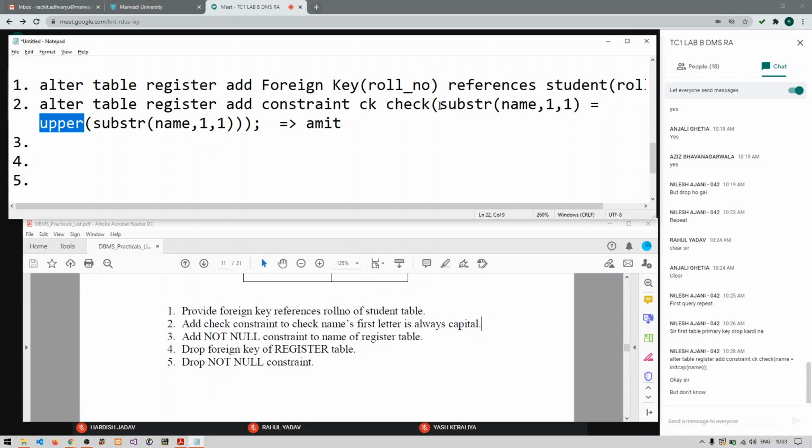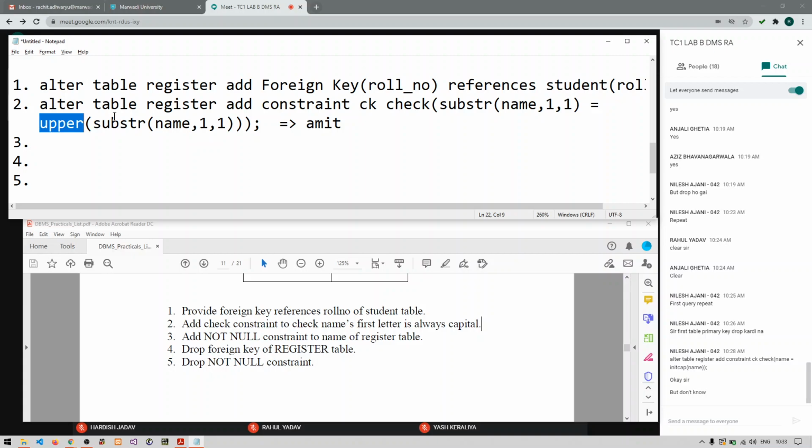So I have passed substring name 1 comma 1 here, and I am checking that the substring of name 1 comma 1 is in uppercase. So this is how your query will work. It will extract only one character starting from the first position, and it will check whether that first character is capitalized or not.